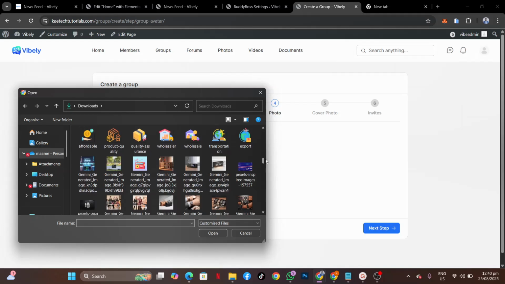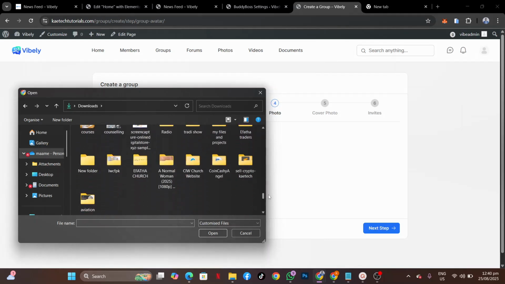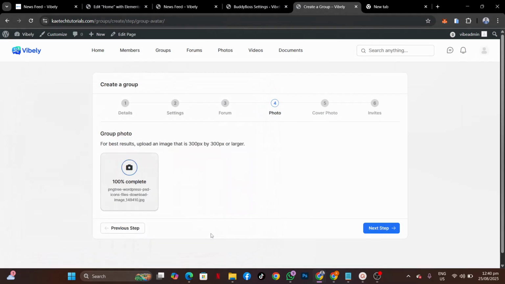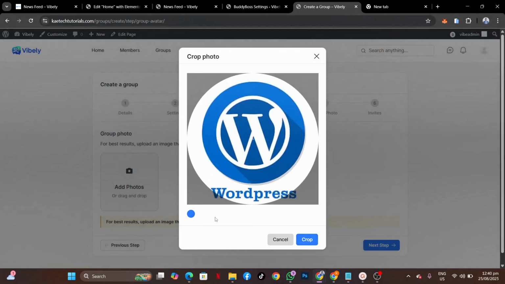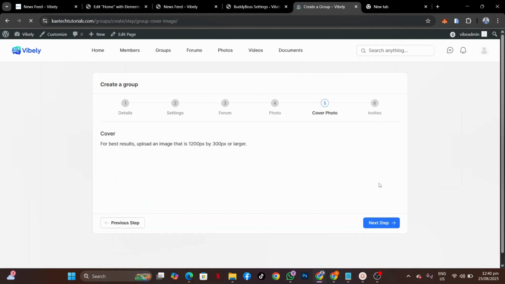Let me scroll down and see. I'm supposed to have an image. I want to see if I could have any. Yeah, so I'm going to use this one over here. So I'm going to add this one over here and see. So this is it. I'll just click on crop over here, and as you can see, this is how it looks. So I'm going to go to the next step over here,